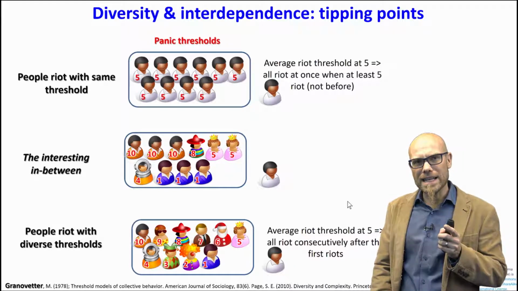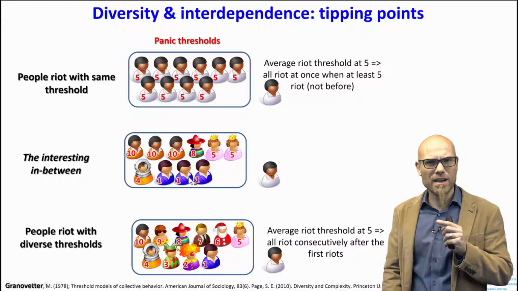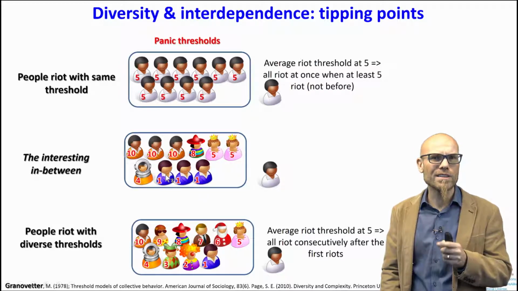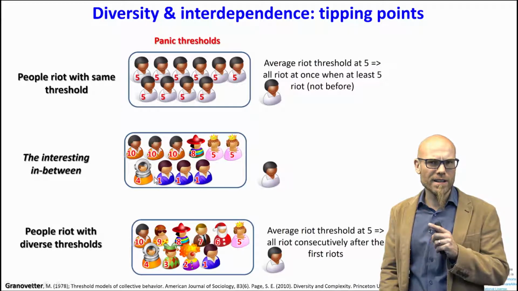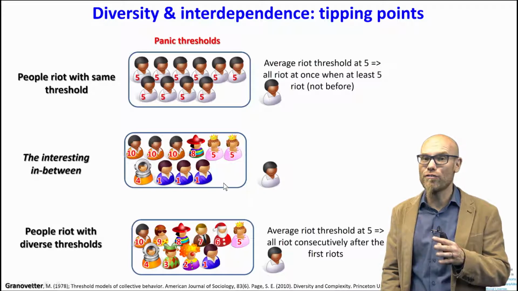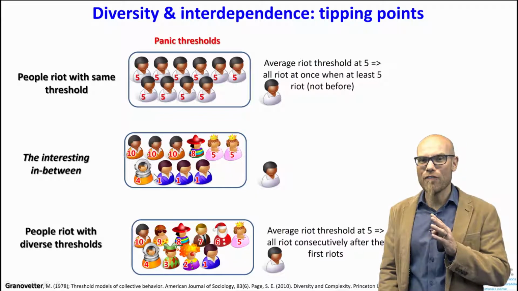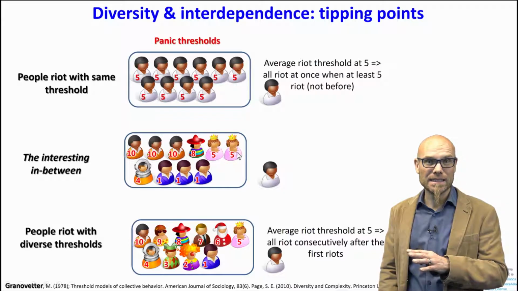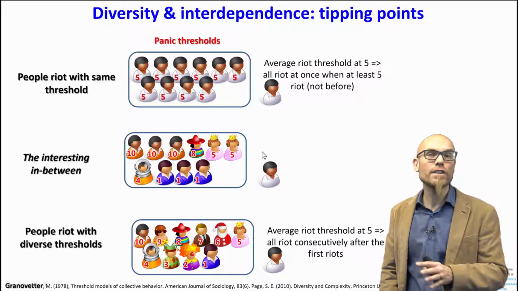So the first person leaves, then the next 3 people in the blue shirts, they have a threshold of 1, so they will also leave. Now 4 people started to run, the first one and the other 3. So the astronaut has a threshold of 4 and would also leave. That means together there are now 5 people running. That means the princess's threshold of 5 would also leave.